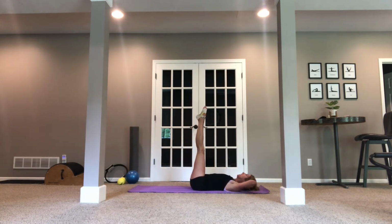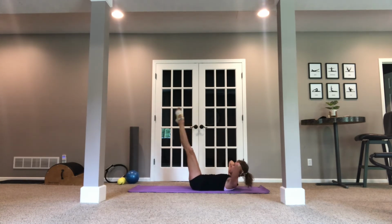We're going to go into leg lower. So inhale, exhale, curl up. If you can bring those toes out, basic Pilates V, inhale down, exhale up. Only go as far as you can go down. I don't want your back lifting. You inhale down, exhale up for 7